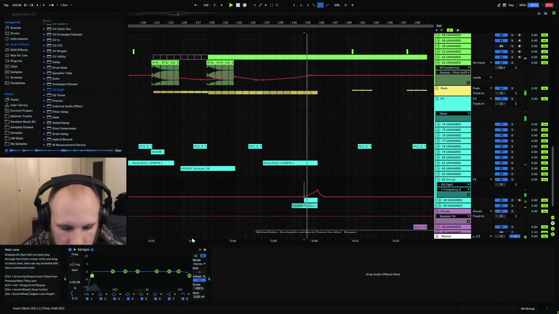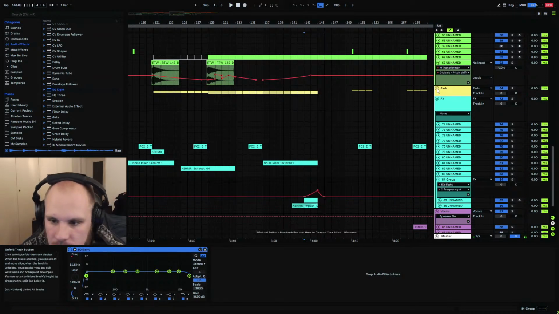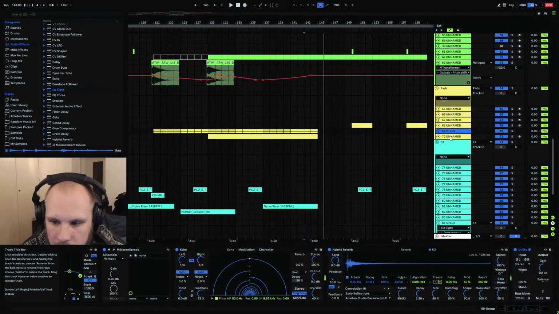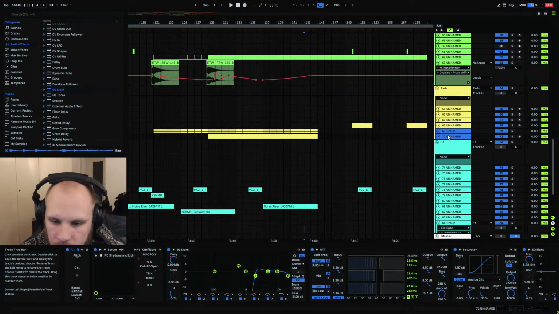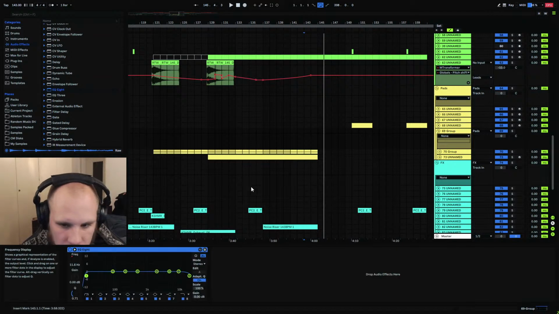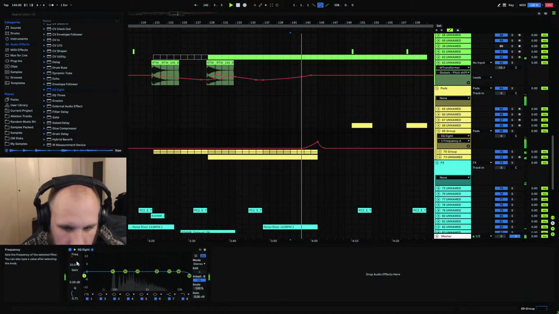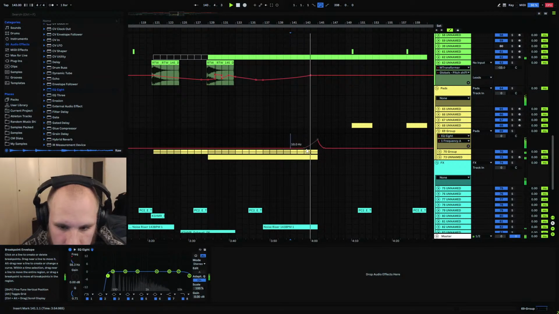Like this maybe. Same with all of these pad sounds. We're going to group this together and remove some of that low end stuff. This one's going to be